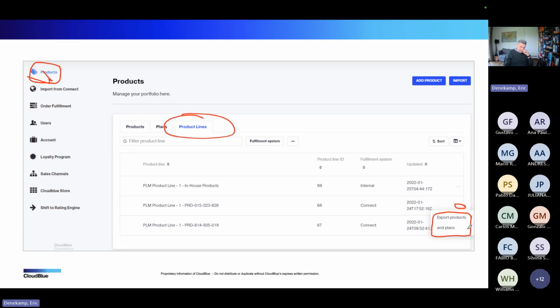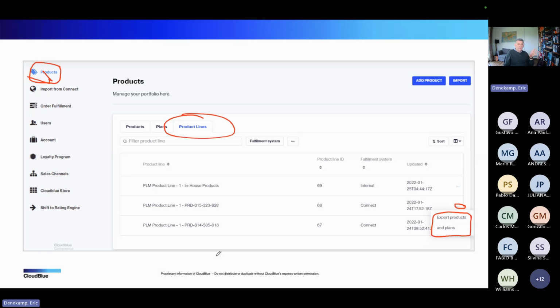This is one line. In this screenshot, it was concatenated into 2 specific lines in the item, but it's always export products and plans, and it will export what it knows about this specific portfolio thing.